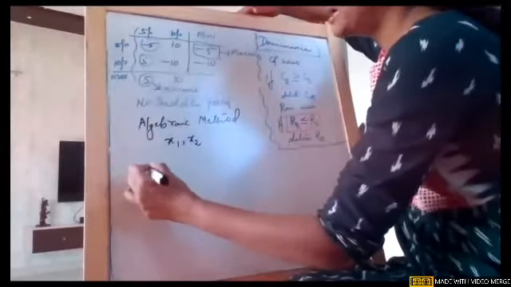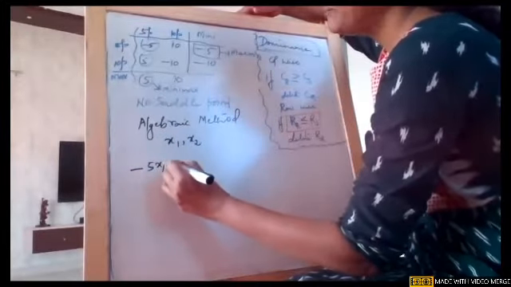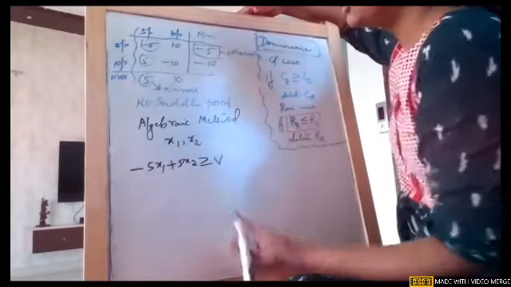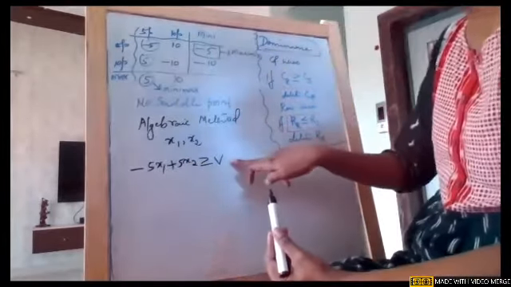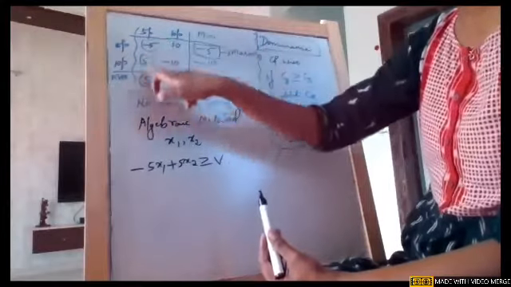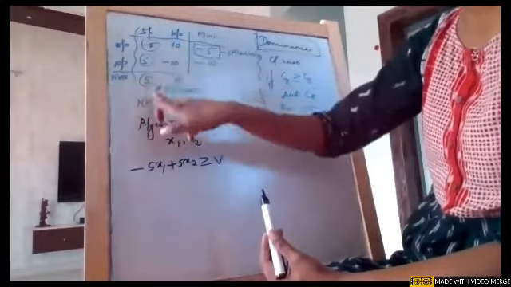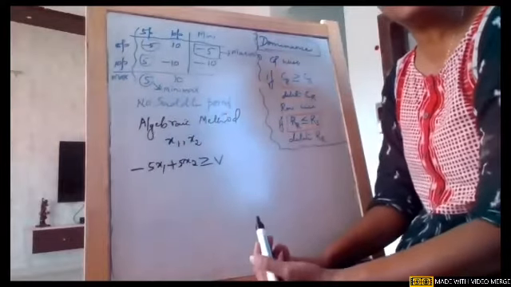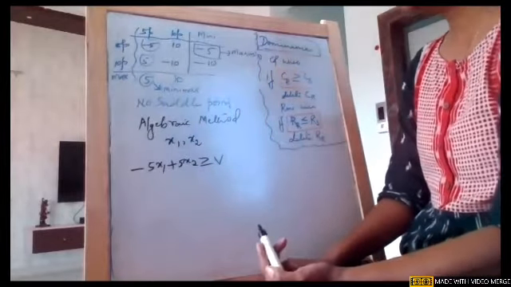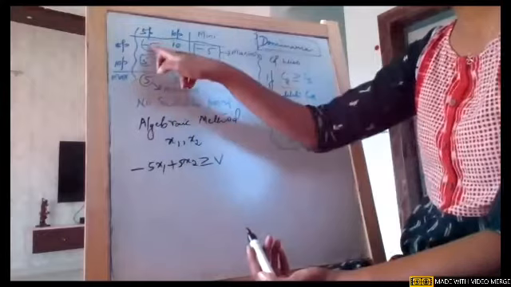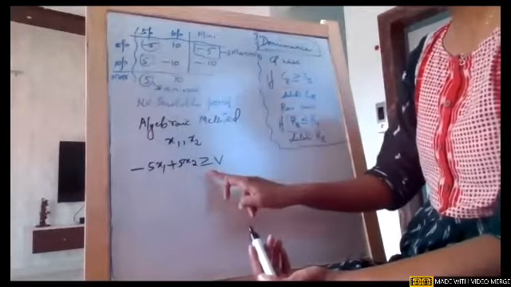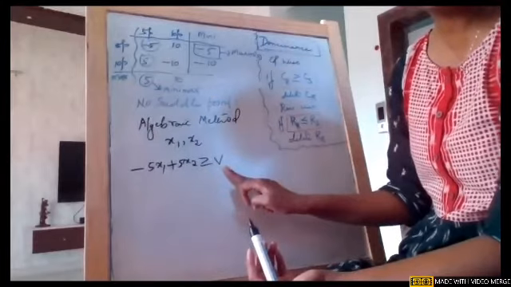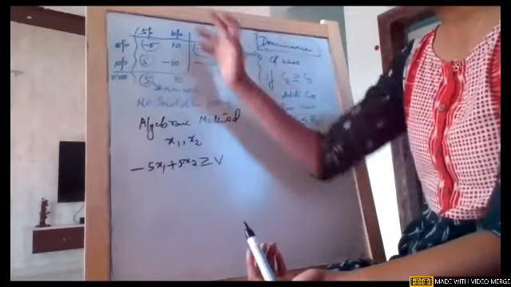Okay, so -5x1 + 5x2 is greater than or equal to v. V is nothing but value of the game. Girls, I just took first column. I'm just taking column wise, first column and second column. That's it. We'll only follow one flow. We can also take row wise. Same thing will come, -5x1 + 10x2 is less than or equal to v. If it is row wise, it is less than or equal to. Okay, we'll just go column wise.